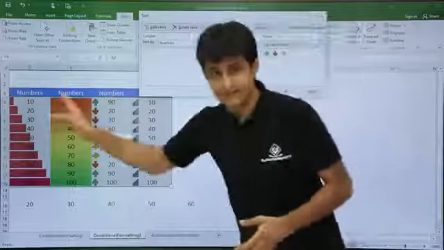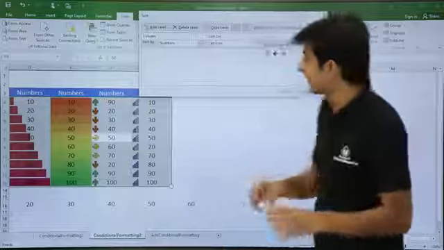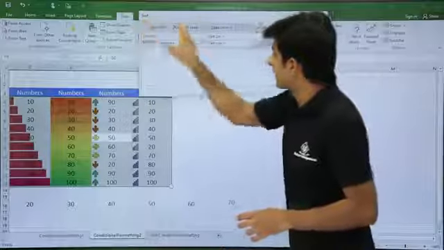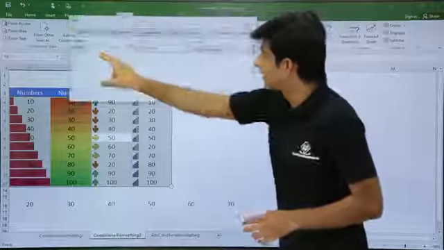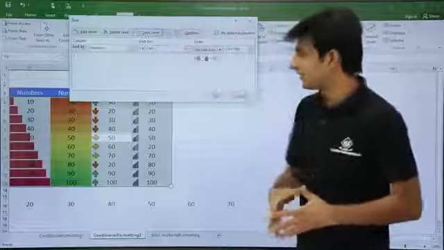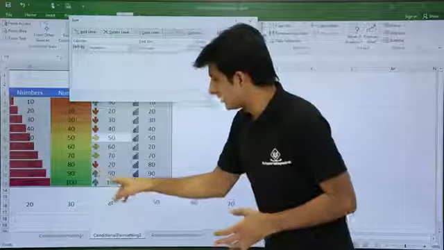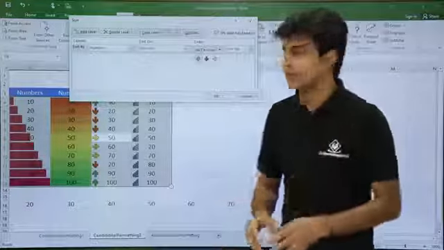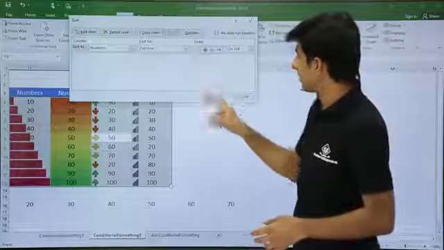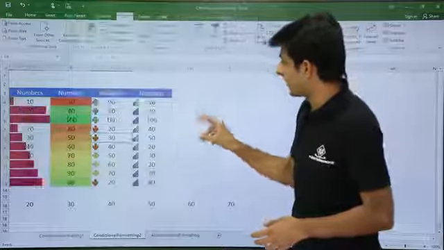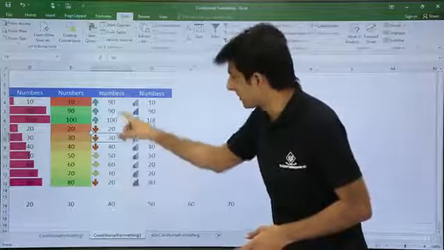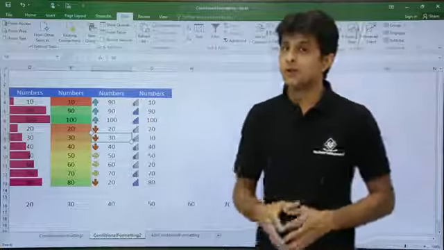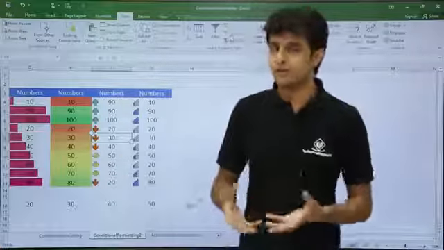Though the numbers are given the same, it is getting confused over here. So right now I've selected the column that is numbers. I want to sort according to the cell icon. Suppose I want this green color icon on the top, so I can sort it. So this way I can select this arrow on the top, and once I click on OK, if you see, those two numbers have been shifted to the top. So this way you can apply the conditional formatting based on different options.